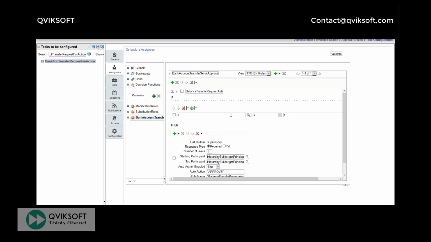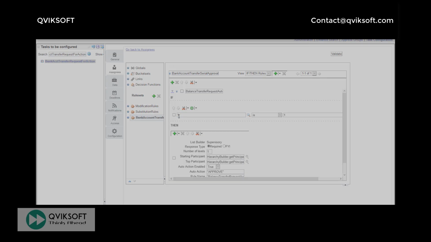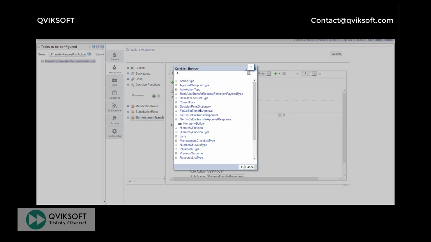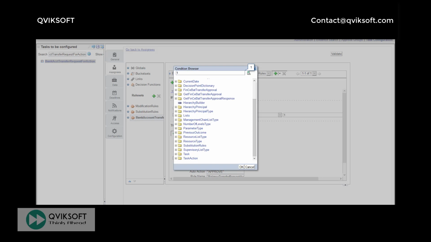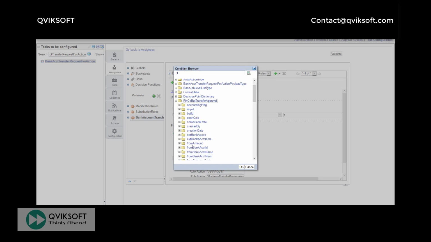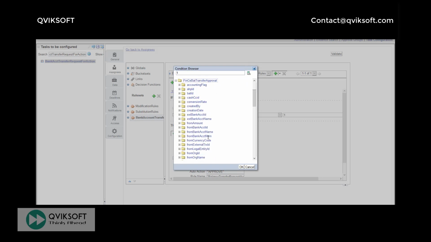You can specify the parameter. For example, if you want to specify rules by different legal entity, you can come here and say bank account transfer. You can look at various parameters, from bank account to bank account name, from legal entity.